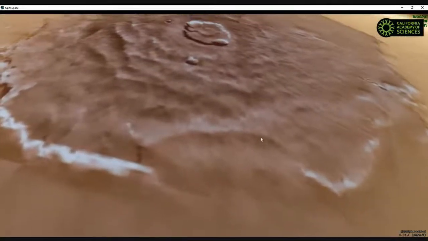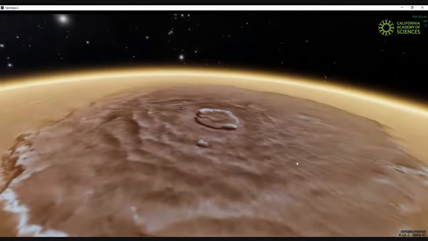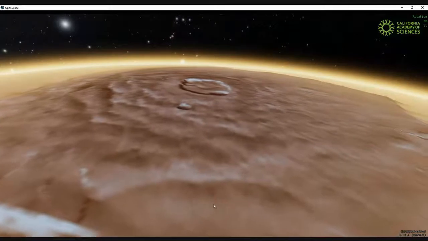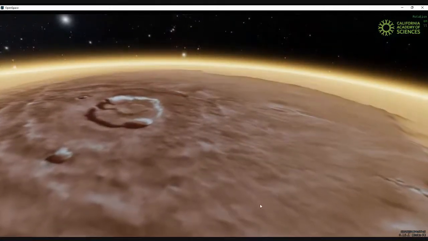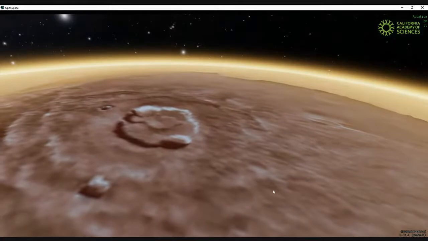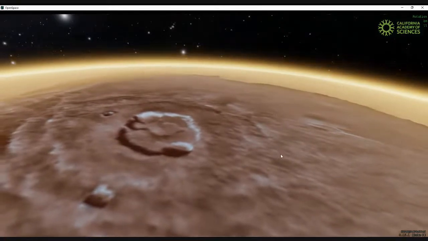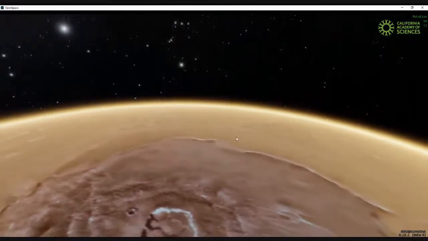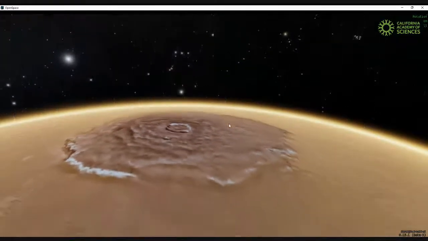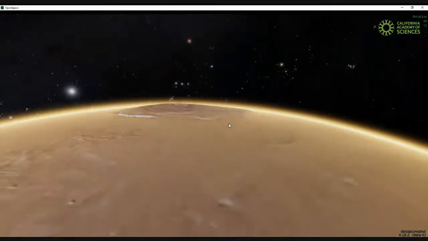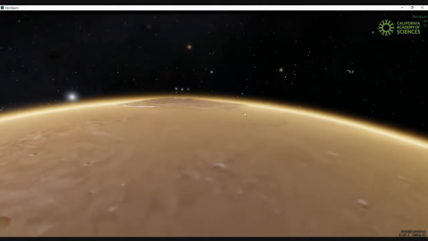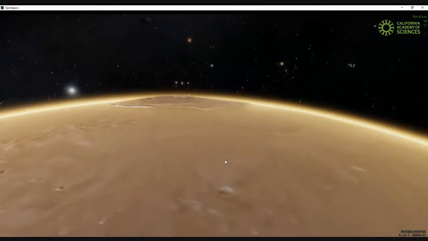One of the really cool things about OpenSpace, and again, something you can do at home, is checking out the surface in 3 dimensions. You can actually see the height of Olympus Mons compared to the regions around it. And if we give it enough time, and my internet's fast enough, we actually get to see some of the high-resolution data come in. Now, Olympus Mons is really tall. We often don't get a great perspective on that when we're just looking down at the surface, but check this out. That's not an exaggeration of its height. It actually pulls off the surface of Mars that much,